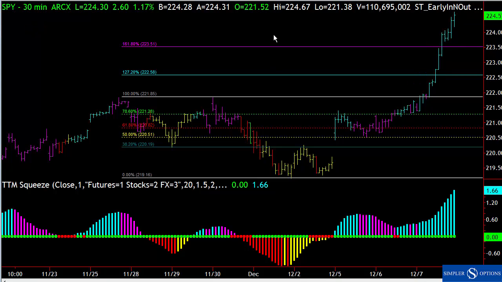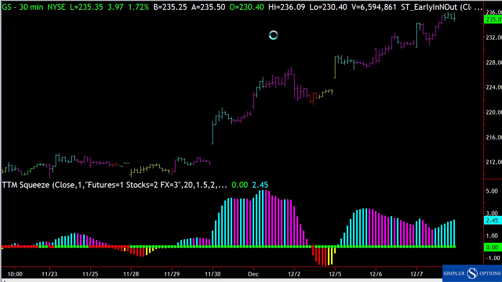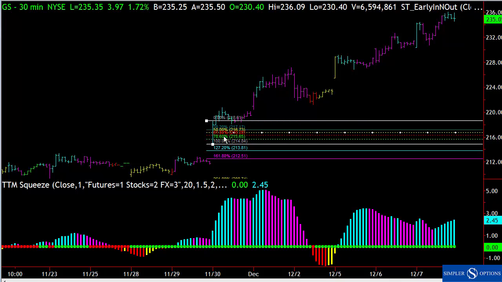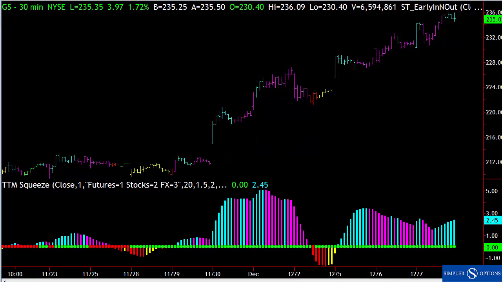Okay, and so the question is, does this work with other markets as well? Well, Goldman Sachs has obviously been on a tear. And once it has its big move like this, it can get a little tricky, but this is where you want to get levels involved again, both from the pullback perspective, okay? And first you want to draw this correctly, which is always a plus. So from a pullback perspective,